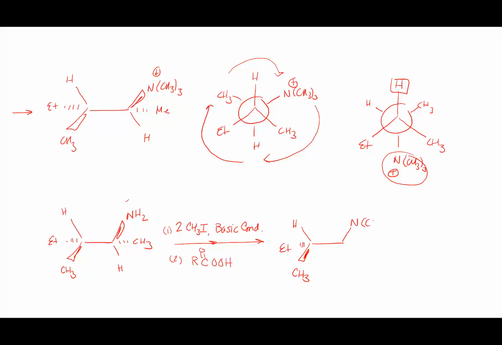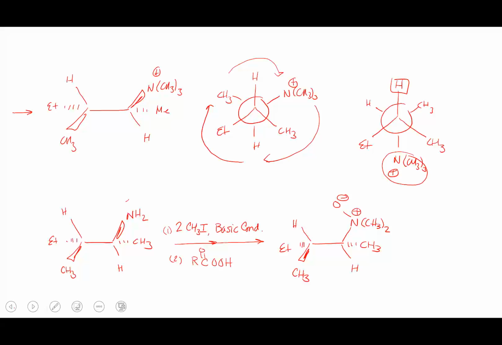So it's got 2 methyl groups on it, and the oxidation of the peroxy acid then produces the amine oxide. Except that should be